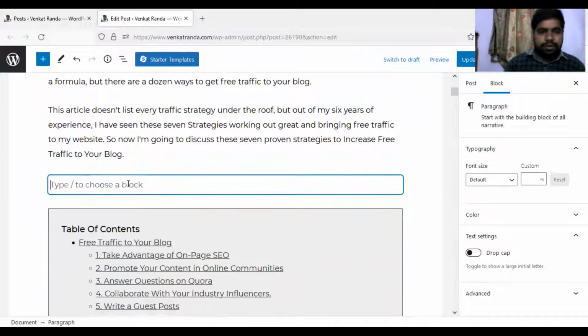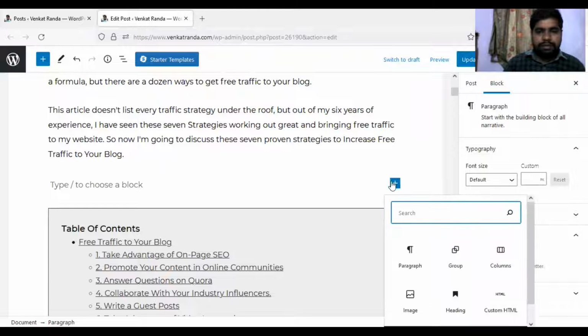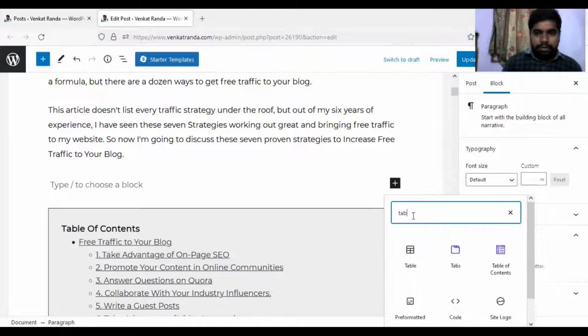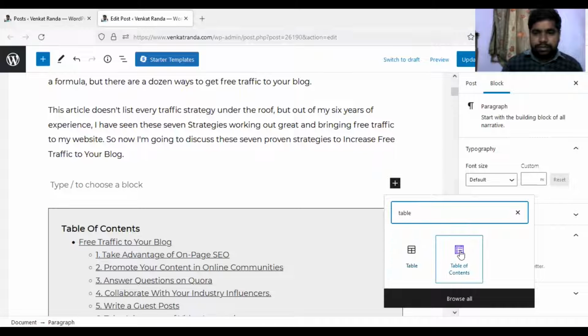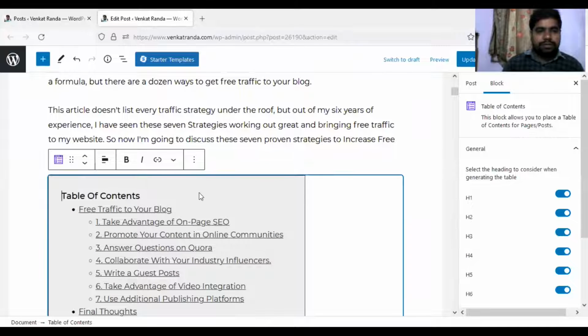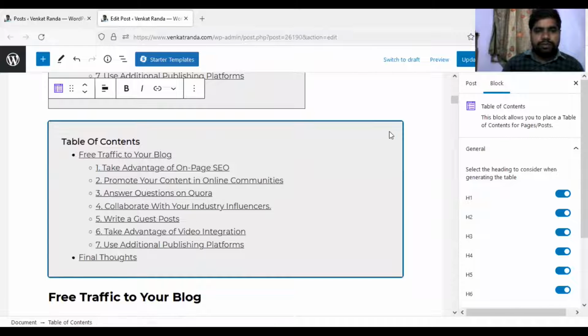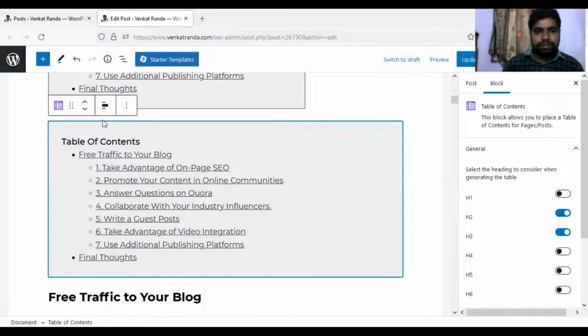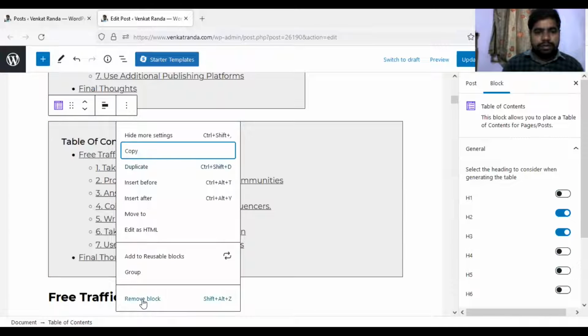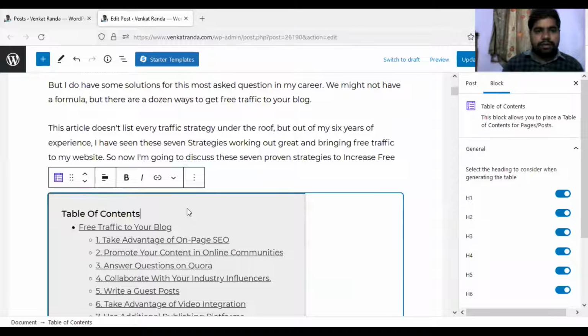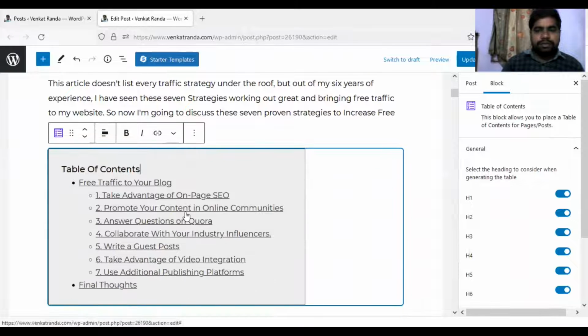Then you press enter, click the plus symbol, and search for table of contents. Here, this one. We will remove this one because it's a duplicate. See, table of contents. You can customize this.